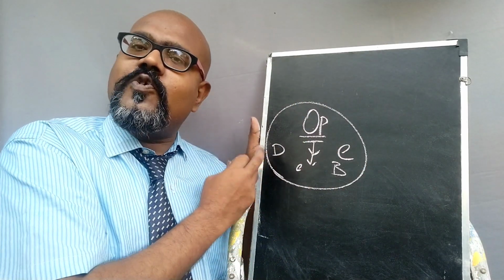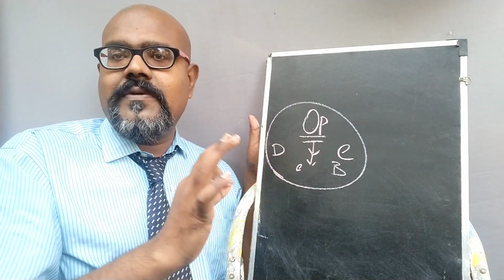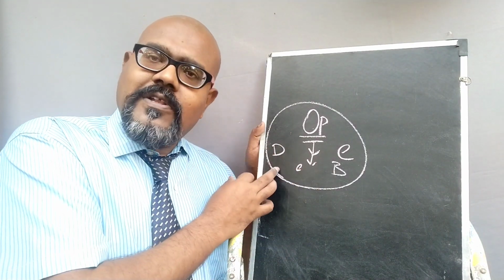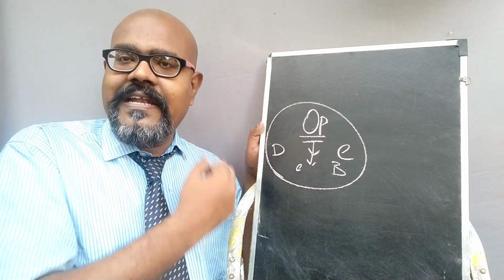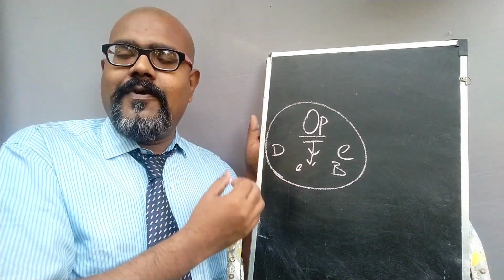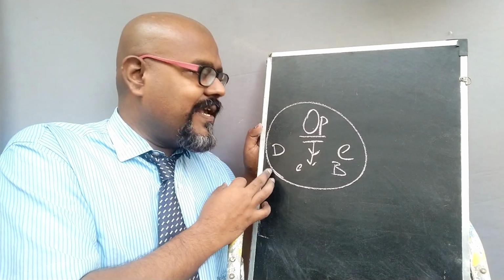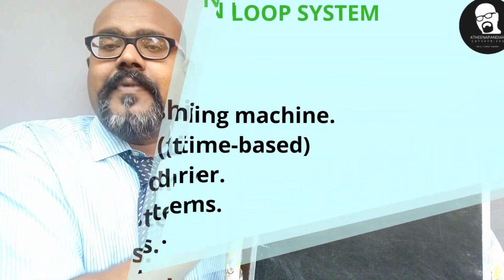These systems are also used in our daily life. Not only closed loop systems are very useful. These systems are also used in our daily life. According to the purpose and the need, the system can vary. Okay, so this is the example of open loop system.